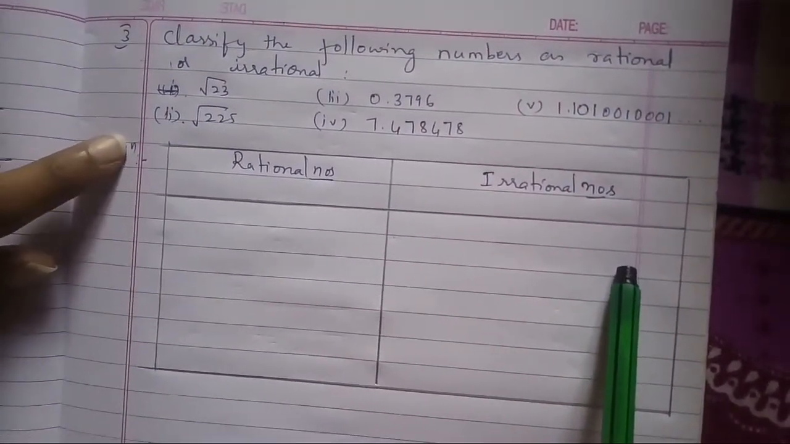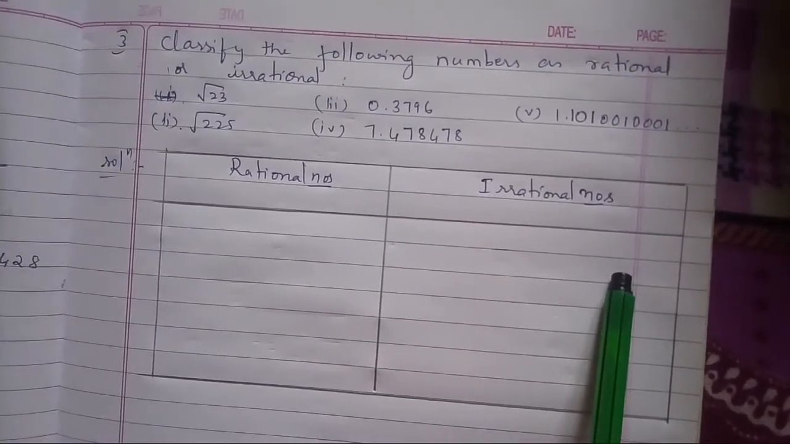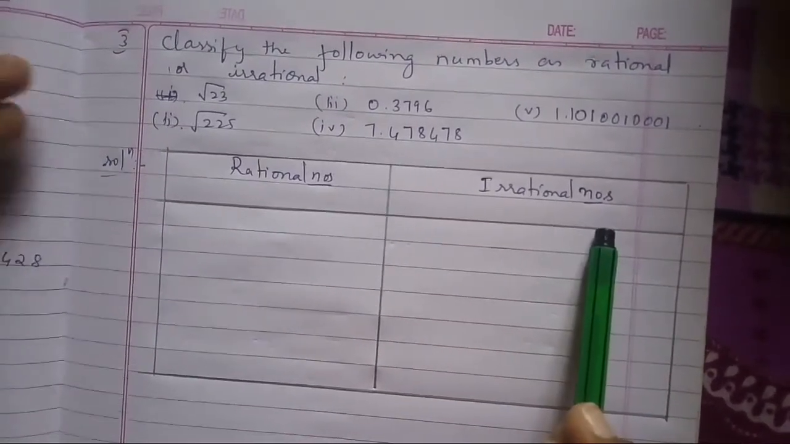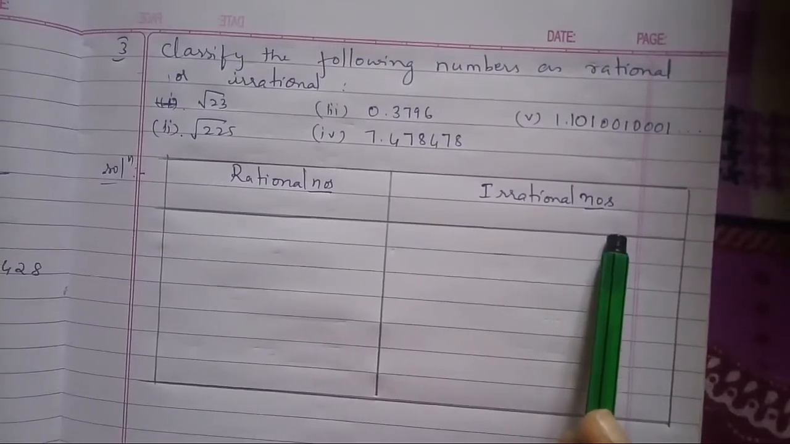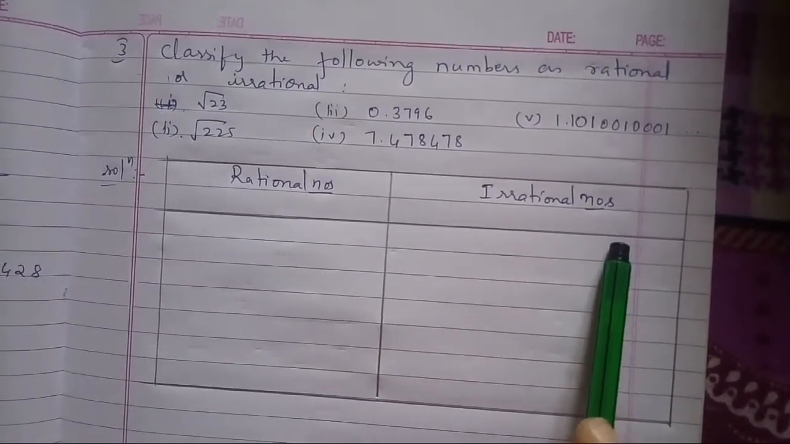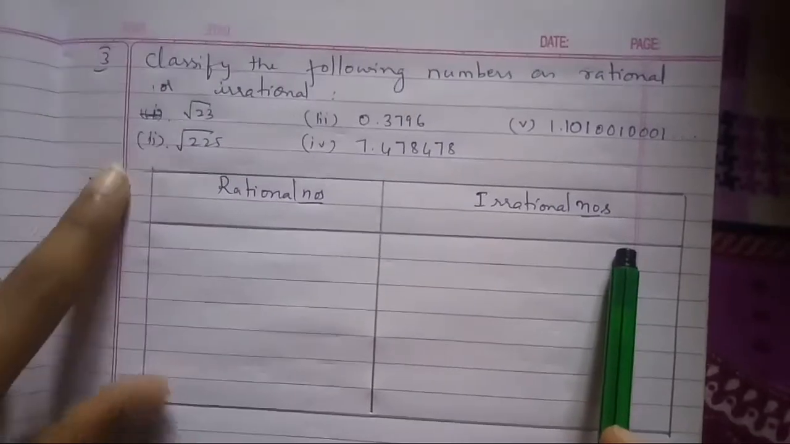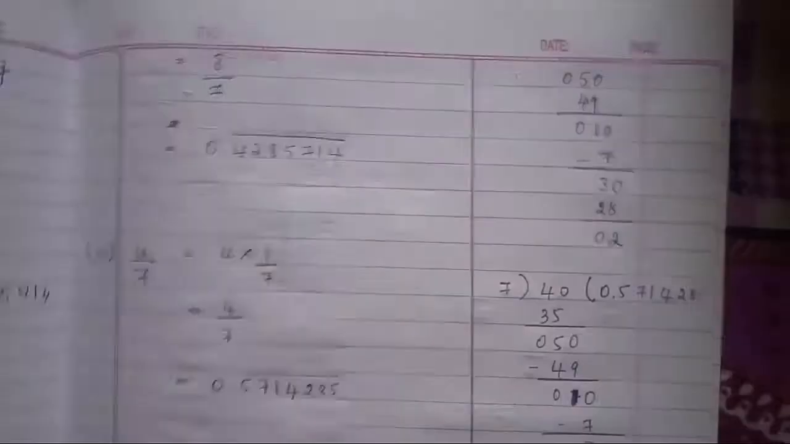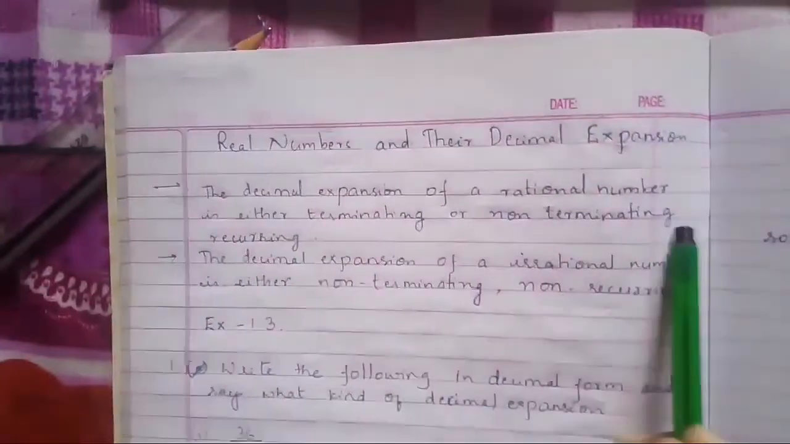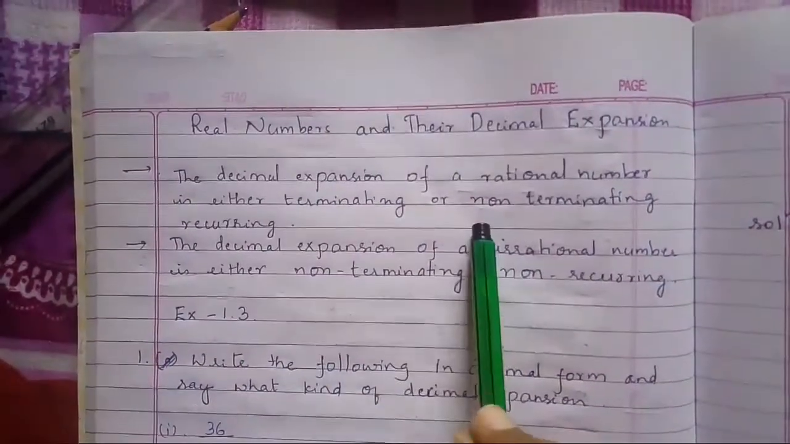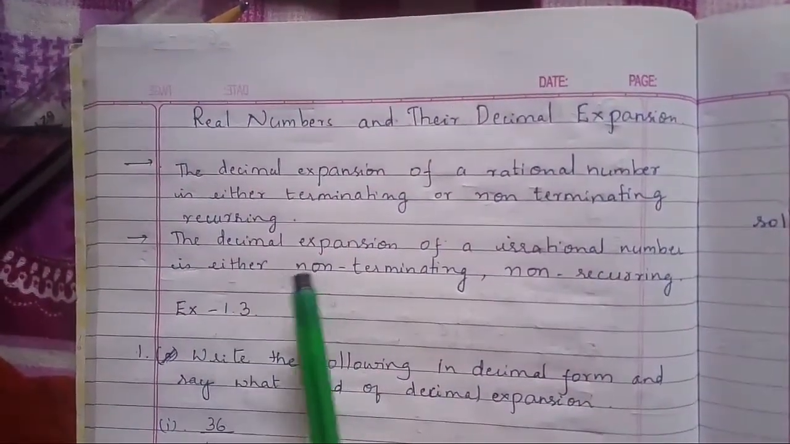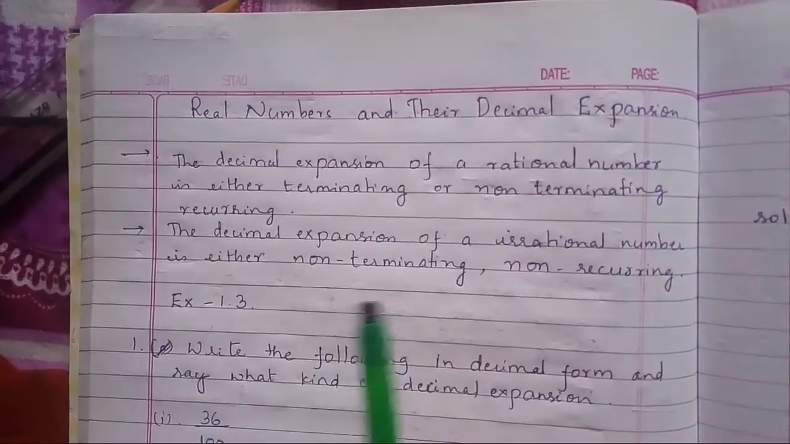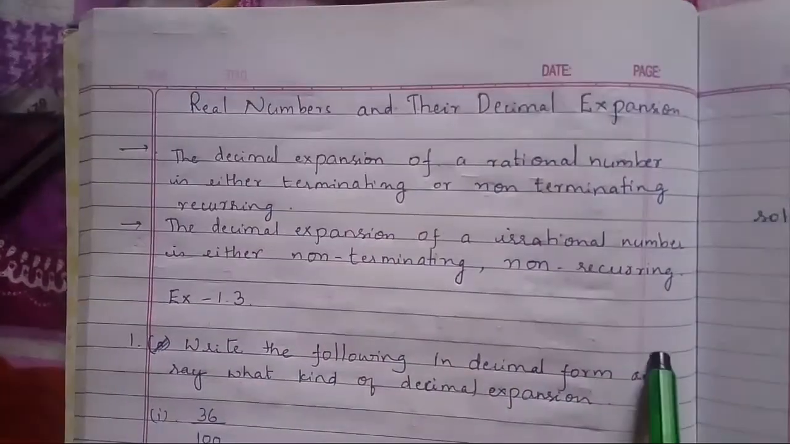Rational numbers are in the form of p by q, but irrational numbers are not in the form of p by q. Also, in the previous video I already explained that the decimal expansion of a rational number is either terminating or non-terminating recurring. The decimal expansion of an irrational number is non-terminating and non-recurring. So here they have given the numbers